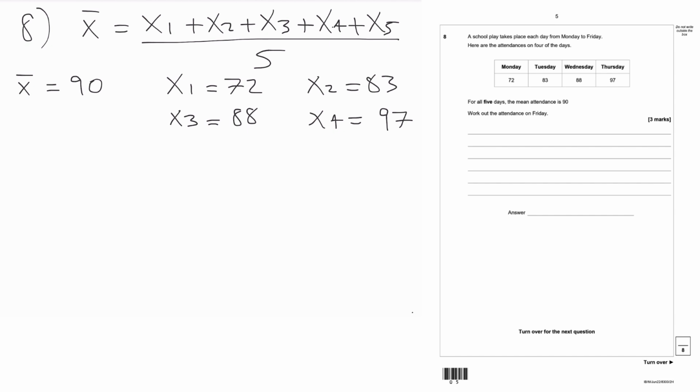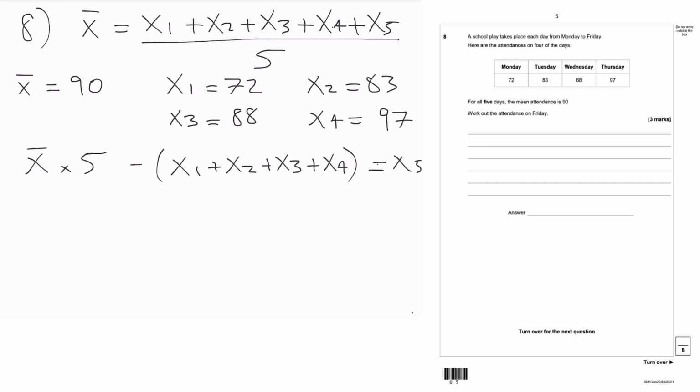So I'm going to rearrange this to make X5 the subject. To do this, I can move the 5 on the bottom up as a multiplication to the left-hand side. So I have X bar multiplied by 5. And then I can move across the X1 plus X2 plus X3 plus X4 as a minus, because they're all pluses, and this leaves me with